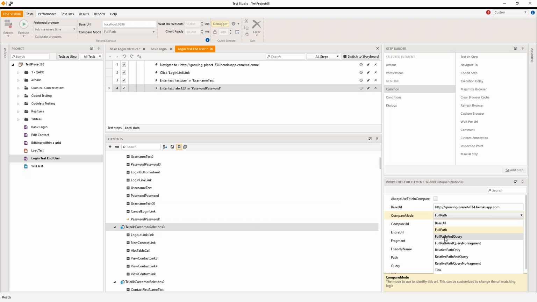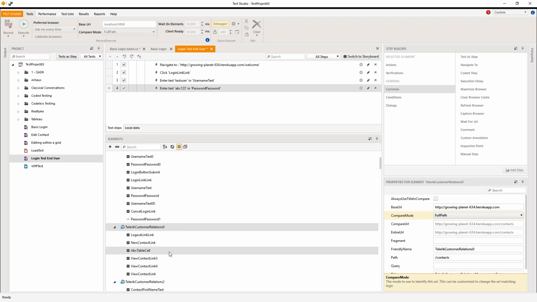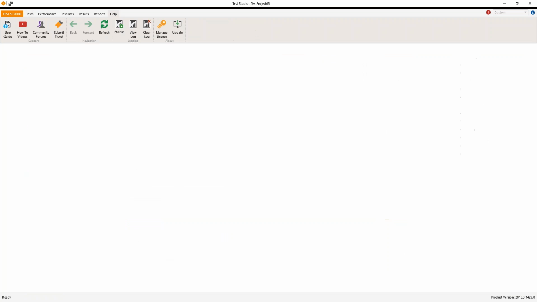So if you're stuck with full path and query and you want to go to full path, you can do that. It will rebuild and attempt to merge together any duplicate elements it may find. That can be done for pages, for frames, and for the element level as well. And there's some great documentation on merging page nodes. Again, if you are looking for some answers to solving some of that pain, if you've already gotten yourself in that situation,